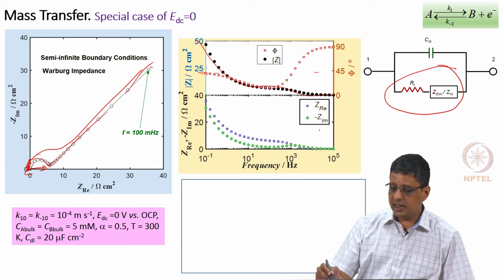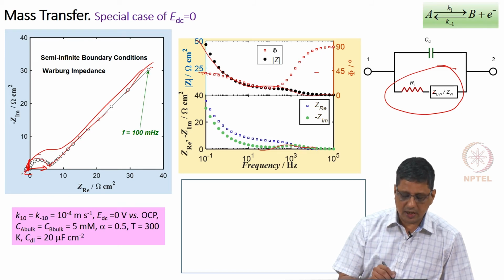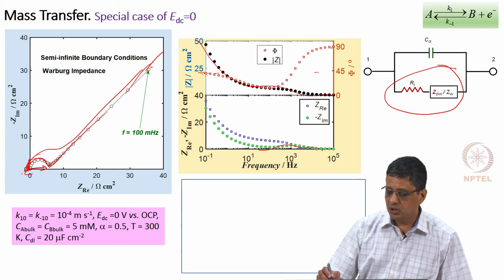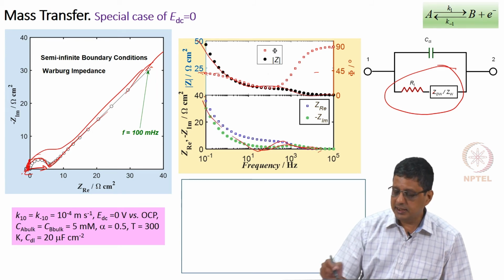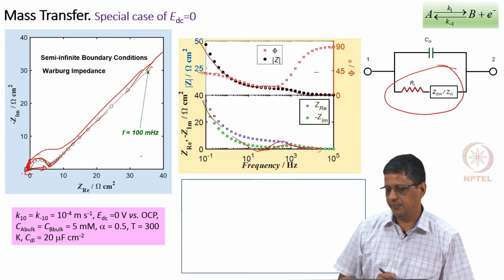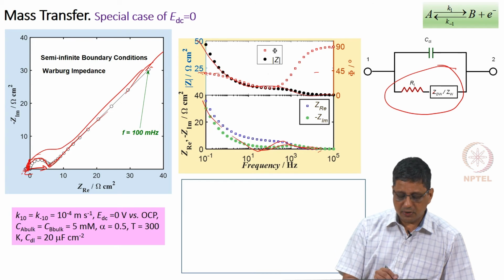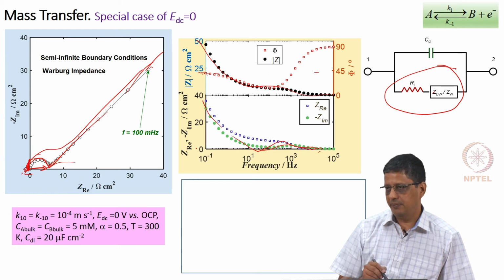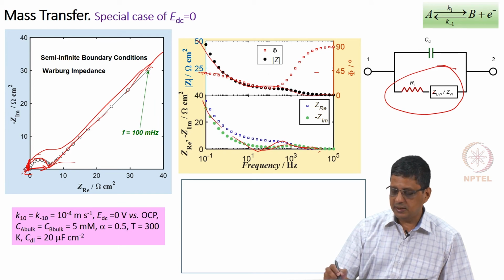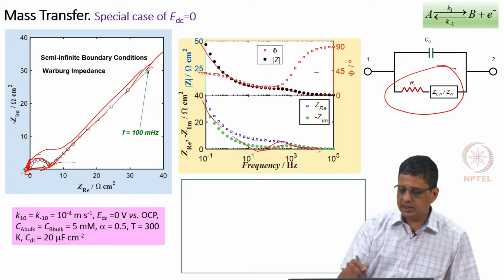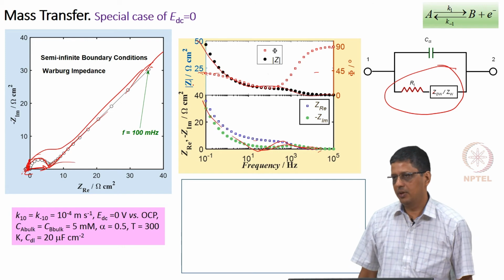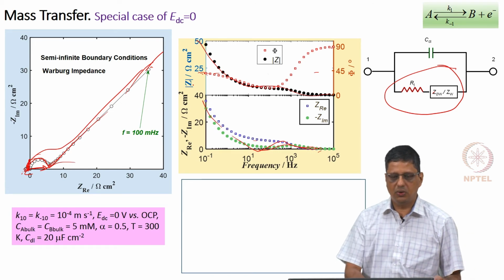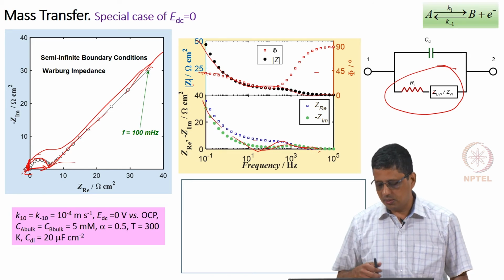And if you look at Z real and Z imaginary, you get one loop in the Z imaginary: imaginary goes up, comes down and then it increases, goes up, comes down and then it increases as the frequency decreases. Real part of course moves up and then somewhat settles and then moves again. So, real part increases, remains somewhat constant and then increases again. So, this is the signature for you to look at either in the complex plane plot or in the Bode plot.